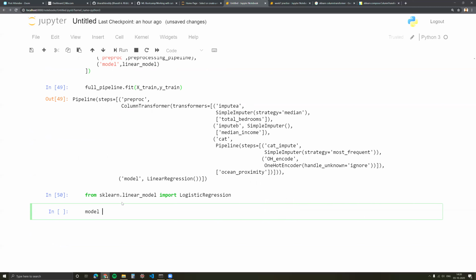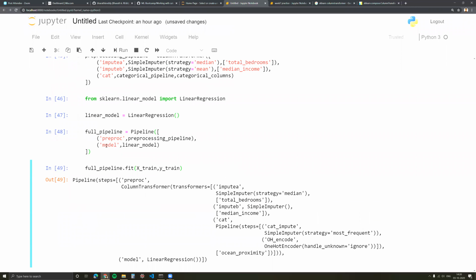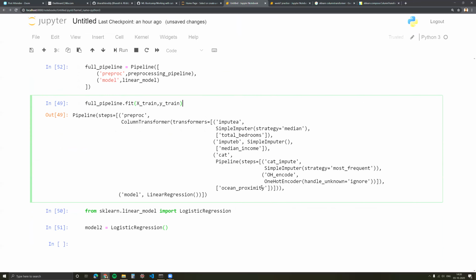Now I can define a model 2 as logistic regression. I want to run the same thing. Instead of just doing this, I can change the model in the pipeline from this to model 2, logistic regression, and run the same thing, and it would run the same way again. So this is the benefit you get.